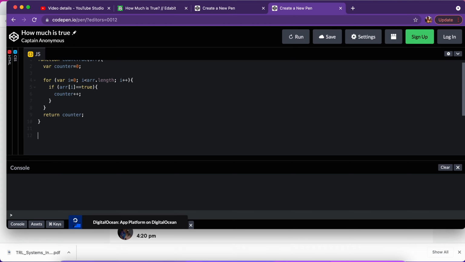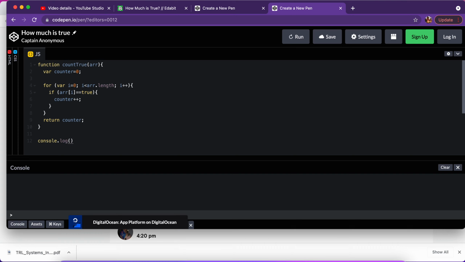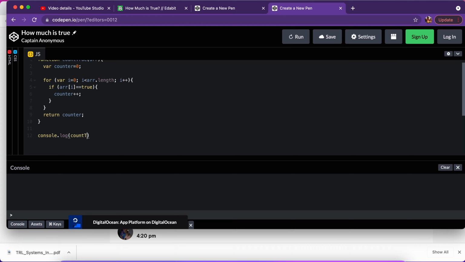Okay, let's test this. console.log. We're going to call this function countTrue for an array. So I'm going to make an array with true or false values: true, false, true, false. Okay, so this is going to take this array, and there are 1 and 2 true values. It should return 2. Let's run,